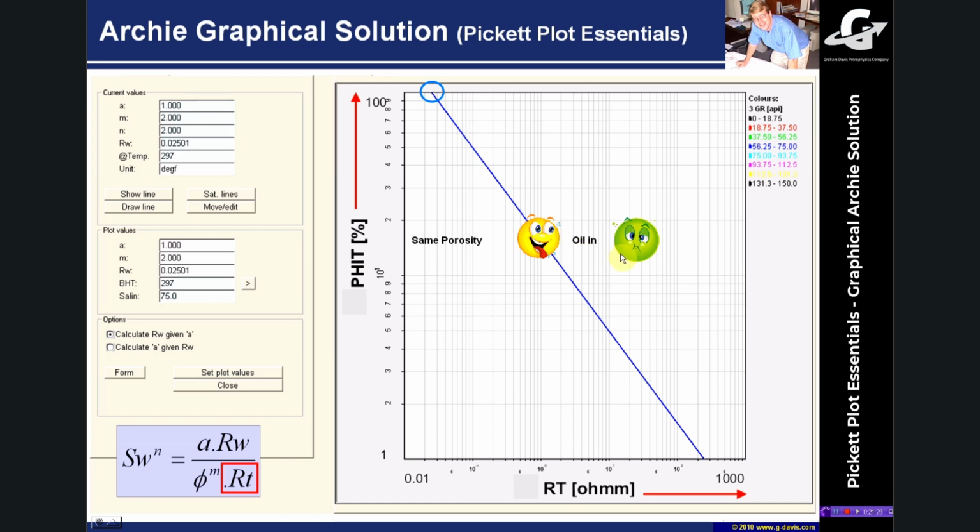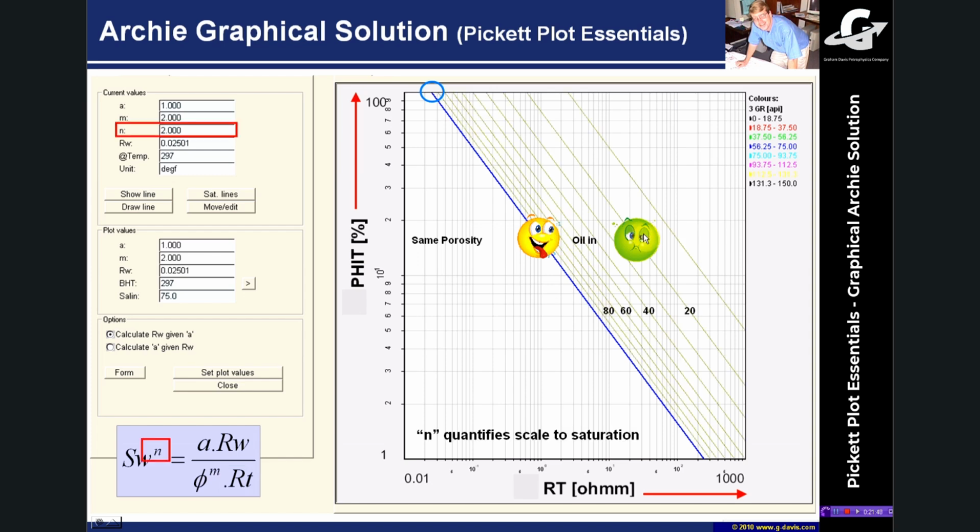Well, obviously, because the oil is a non-conductor, the resistivity will increase by some amount. And if we can calibrate the amount of resistivity increase to the amount of oil saturation, we can scale that in terms of saturation. So in this particular example, I put some oil in the system at the same porosity,